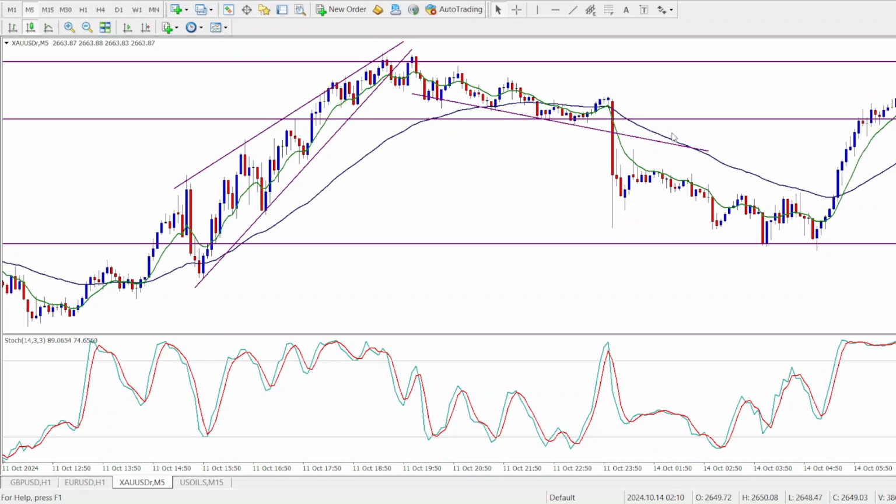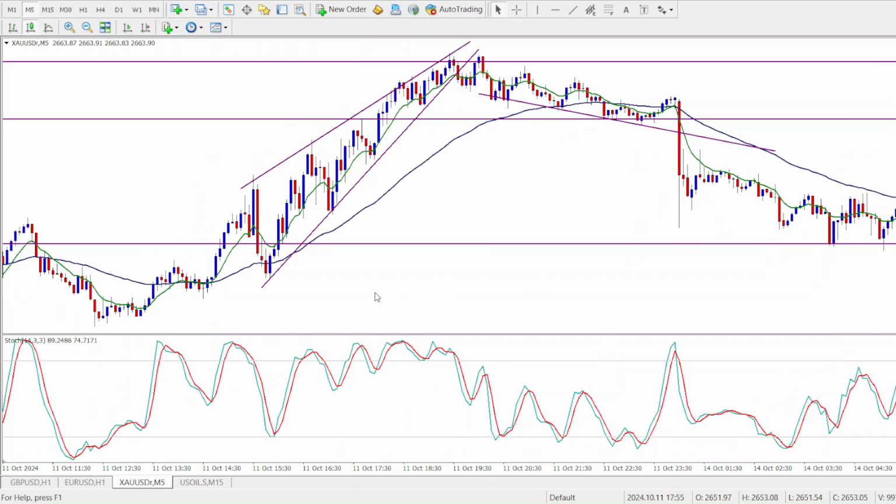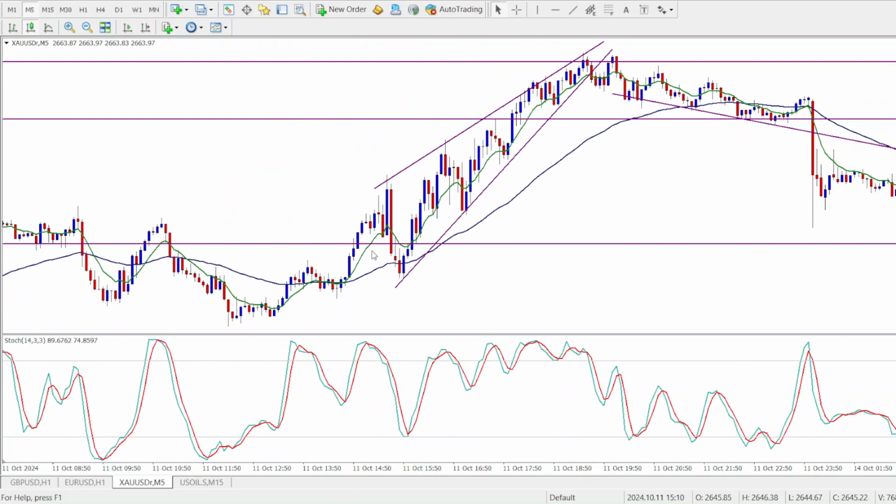So now in a bullish market, first of all, you make sure that price is above the 50 EMA. That's what we are going to use to determine the trend. So now that price is above the 50 EMA, we know that this is a bullish market. Then what you now do is to wait for price to pull back to the 9 EMA, and then when the stochastic oscillator moves from the oversold, that is below 20,